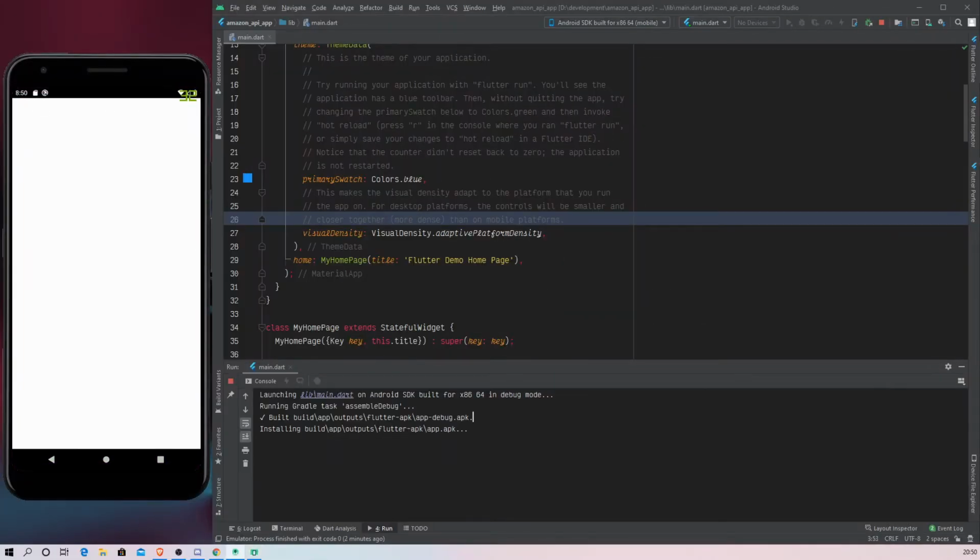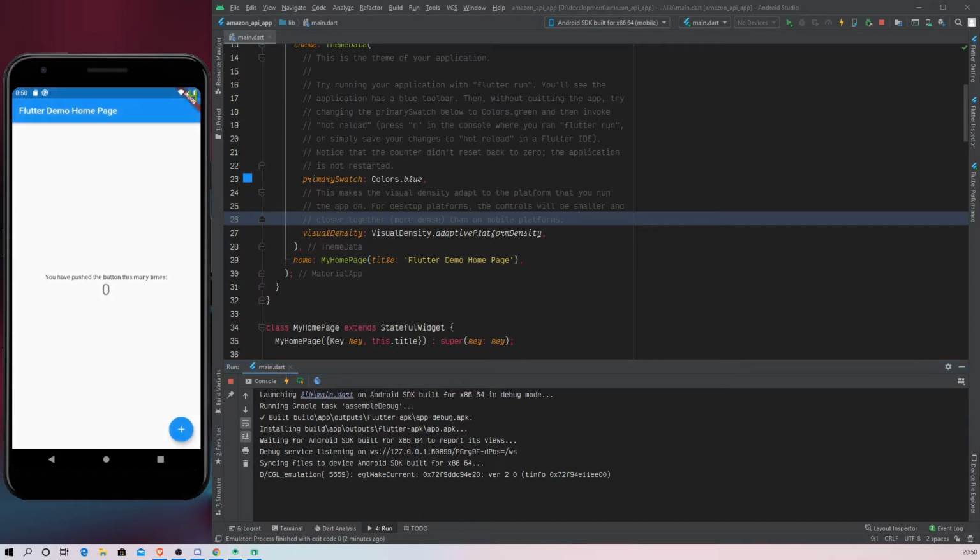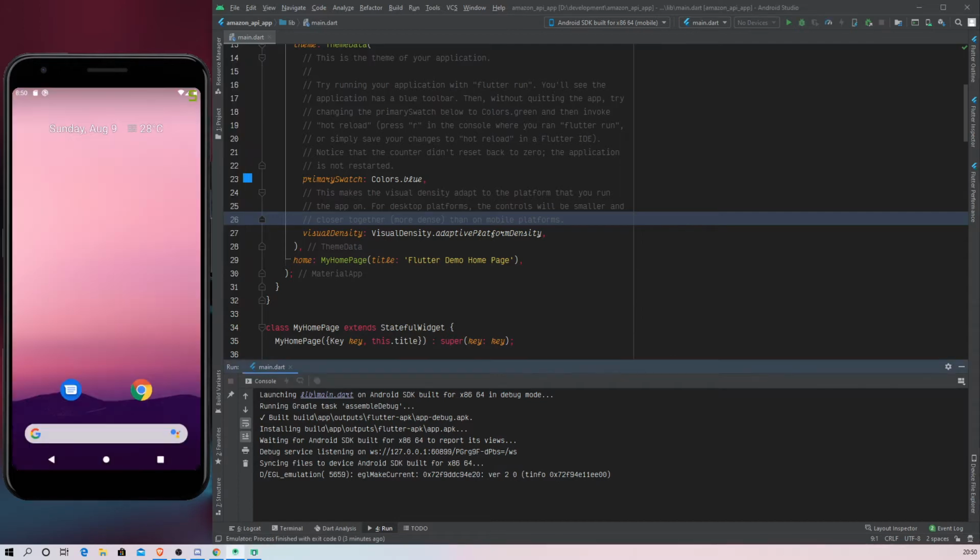Okay, now we can see that the app has been built and it is installing the APK. And now the demo app is up. So if we click on this button, this number should increase. So nice, yeah. So everything is set up correctly and it's working. So you can just stop running the app.